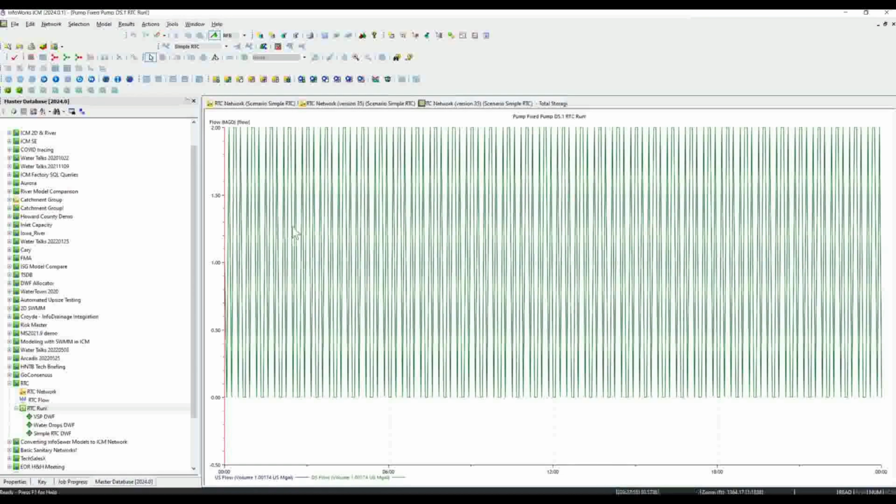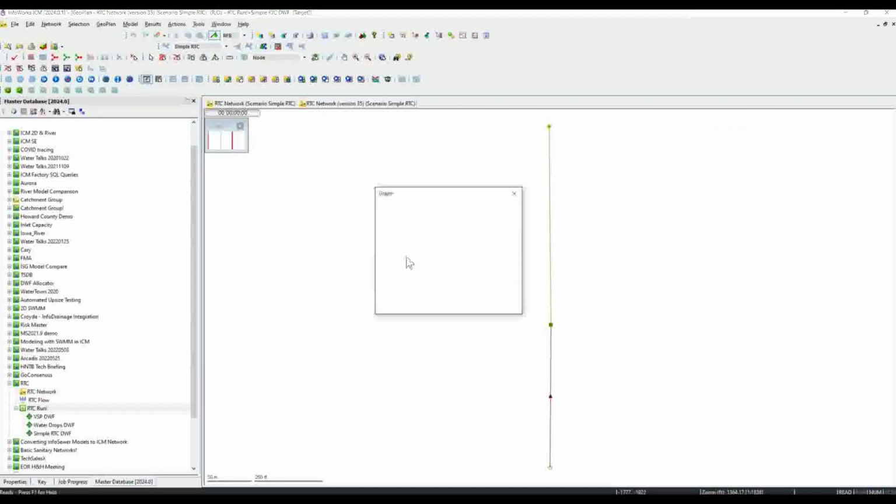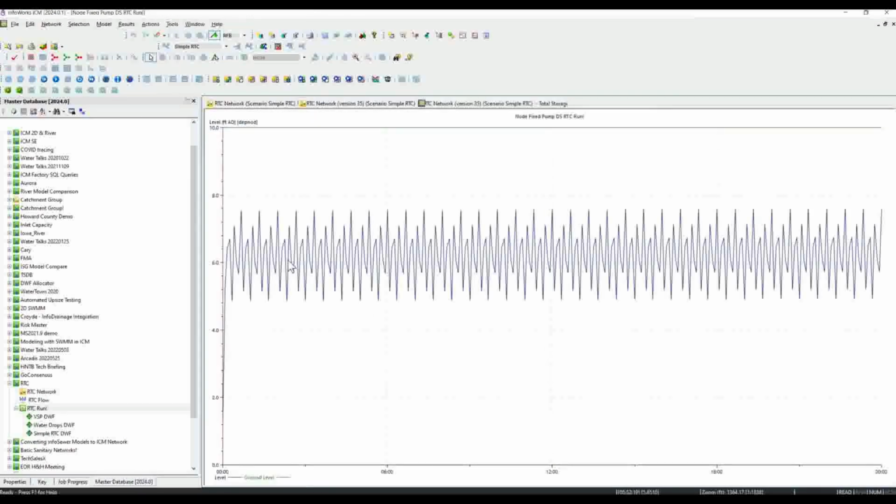We can say looks like that's bouncing back and forth between the that value 2. I can also look at the level that's in my wet well. So you can see that it's kind of shutting off once we get up to certain elevations, trying to maintain it between 5 feet and